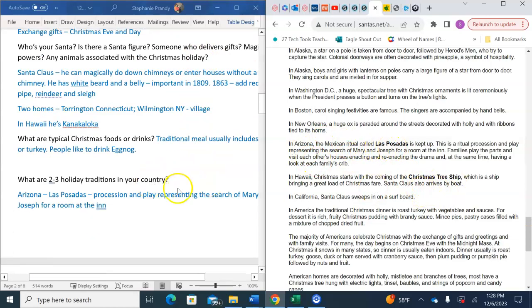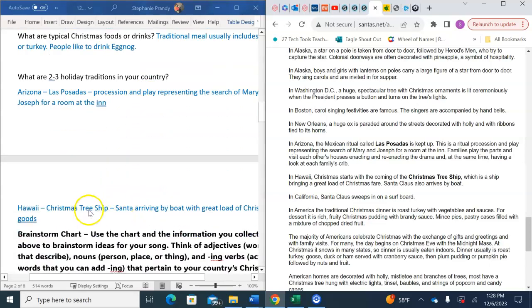So I put those as 2 of the 3 holiday traditions. In Arizona, they do Las Posadas, which is basically the retelling of the story of Mary and Joseph looking for a place for Mary to have baby Jesus, in the inn. And then the Hawaiian one was the Christmas tree ship, with Santa coming over on a boat, bringing lots of Christmas goodies.